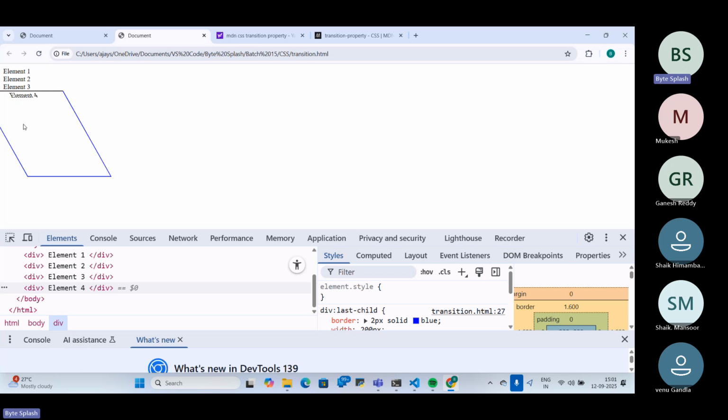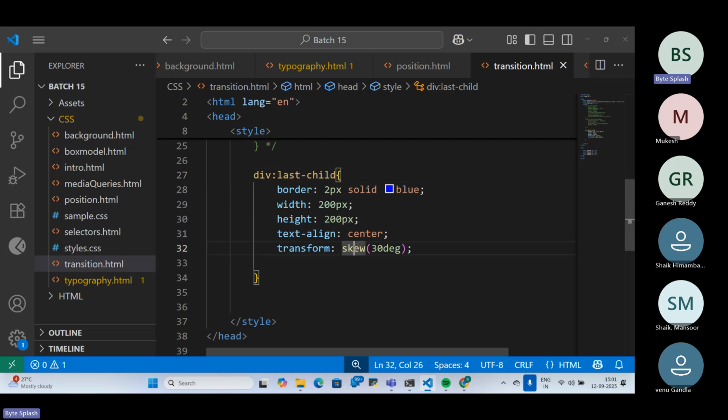So here, skew is different, rotate is different. Skew, along with the content, is going to rotate. But here, rotate is going to rotate only the element. Okay, so the content bends out. But when coming to the rotate,